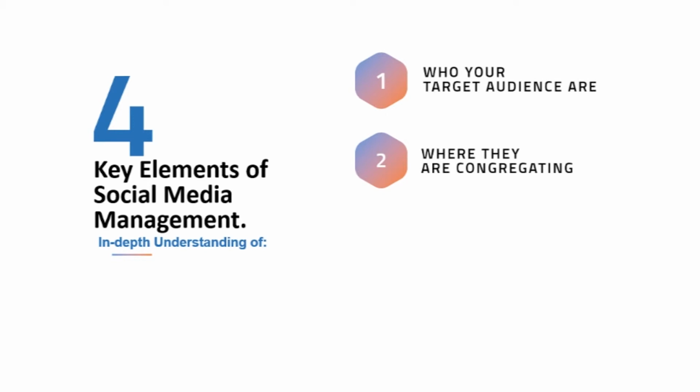And the second thing you also want to know is where they are congregating, right? This is different for different kinds of businesses. Whether you're working with a B2B business or a B2C business, where their audience congregates is going to be different. So for instance, if you're targeting professionals or corporate executives, you should focus more on LinkedIn. If you're targeting the younger generation or millennials, you should focus more on either Facebook or Instagram, right? So understanding where the target audience congregates will really help you in making the right decision on what social media networks to focus on when working with a brand, right?